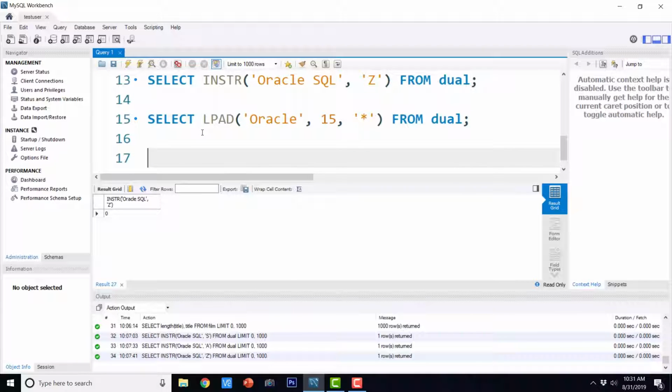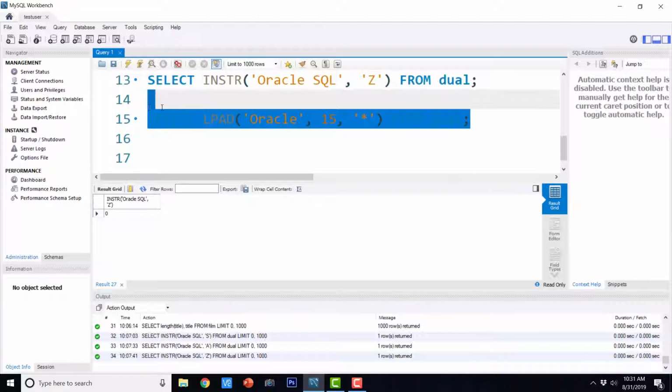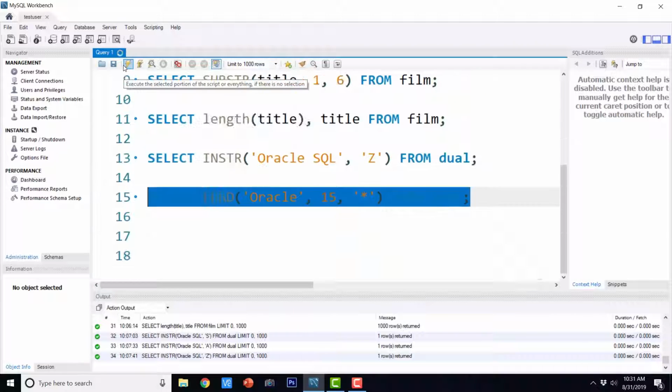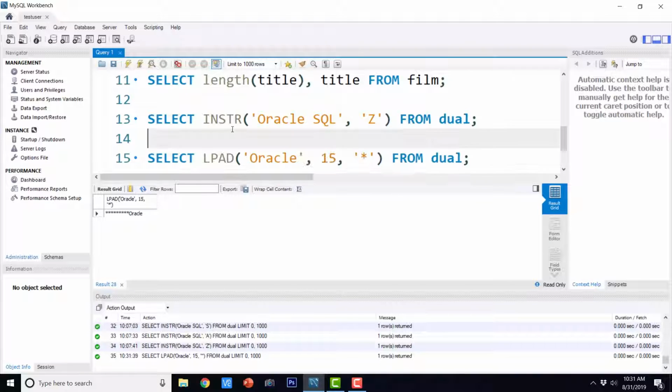This is going to pad the string Oracle with the character star such that the total length of the entire string will be 15, and it is going to pad it to the left of the string. Let me execute it and show you the output.